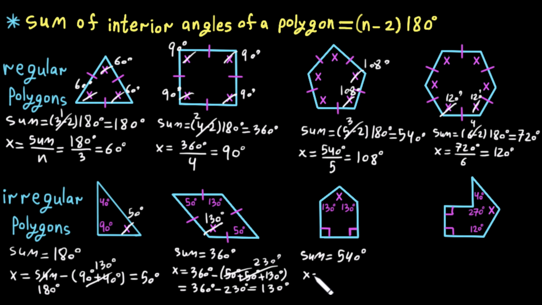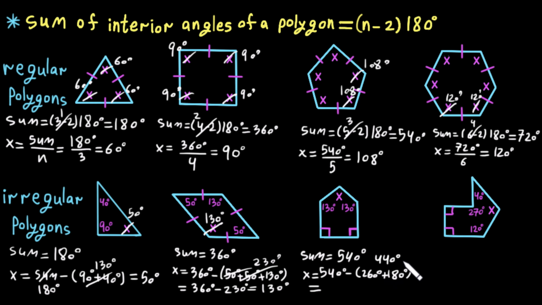Now, what is the value of this x? To find the value of this x, we have to write 540 degrees minus the sum of interior angles left here. So 130 plus 130 will be 260 degrees, plus 90 plus 90 will be 180 degrees. Now, here it's like 200 plus 100 is equal to 300. 60 plus 80 equals 140. So 300 plus 140 will be